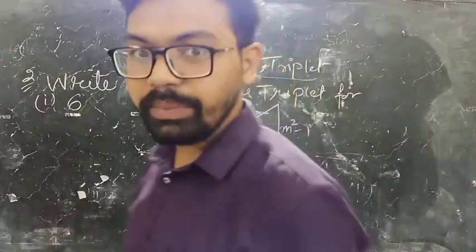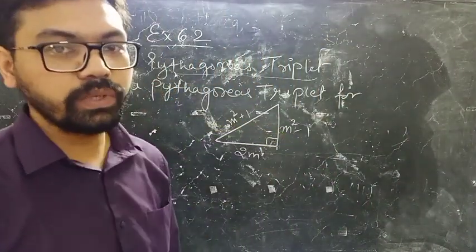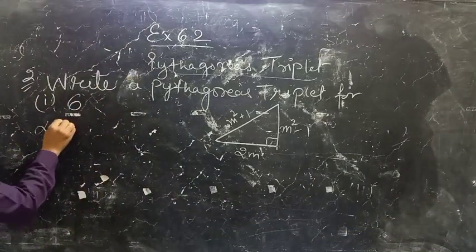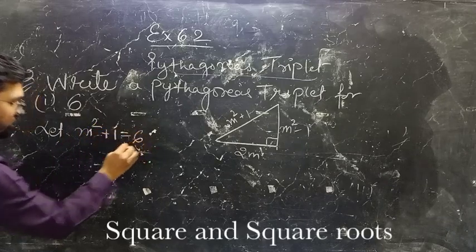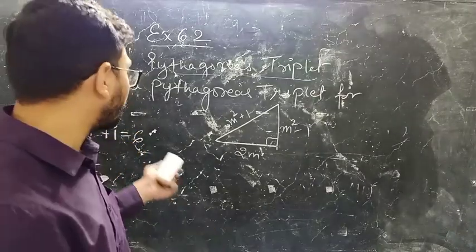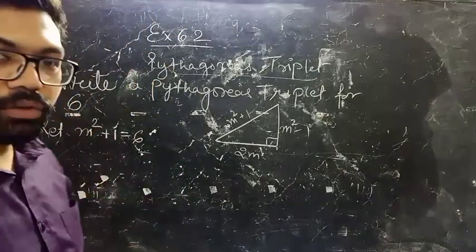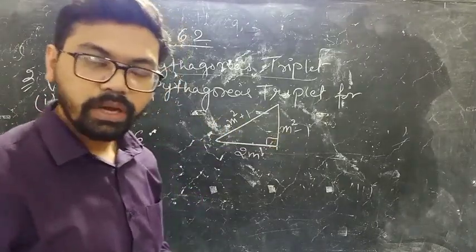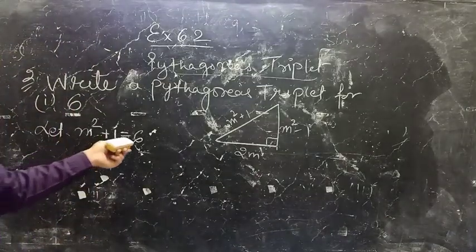Now, what is the reason behind why I have not put m square plus 1 or m square minus 1 equals to 6? Let m square plus 1 is equals to 6. ये ऐसा हो सकता है ना, उसने कहा कि आपको एक Pythagoras triplet you need to calculate and one side is given to you. So ऐसा possible है कि वो साइड ये हो सकती है, ये हो सकती है, आपको कैसे पता चलेगा? So you just put m square plus 1 is equals to 6.